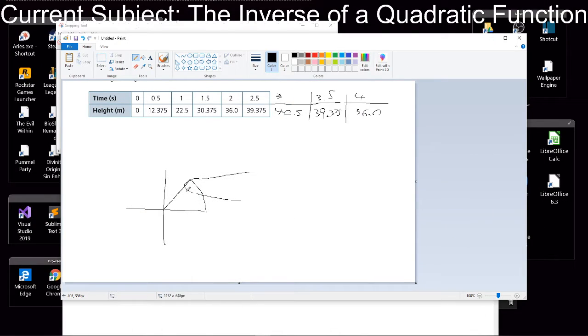What does that mean? Before, time was here, height was here, but now height is here, so it opens up this way and always has to be greater than 0. Oh, okay, so this inverse actually needs to intercept 0 at one point, and yes, it is a function